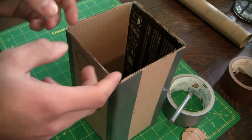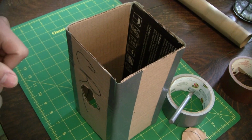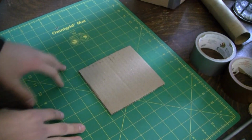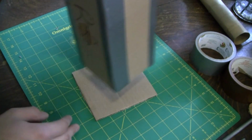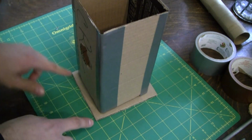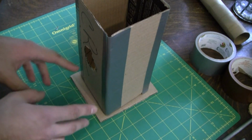And there's a little bit of a 3D effect for those, so let's discuss that right now. I'll show you how to make these two end pieces. When you're making your end pieces, you want to cut out two squares of cardboard that are slightly larger than this piece here. Now if I were to line this up on top here, you can see that there is a little bit showing all around the sides, and that gives it a 3D effect,